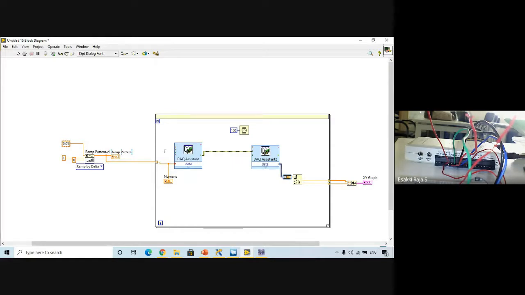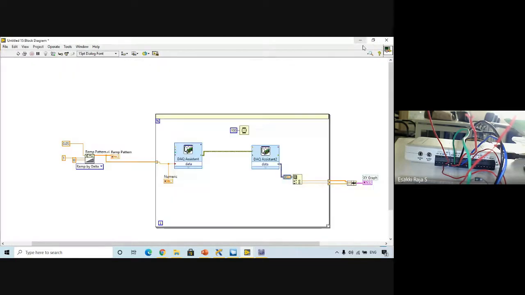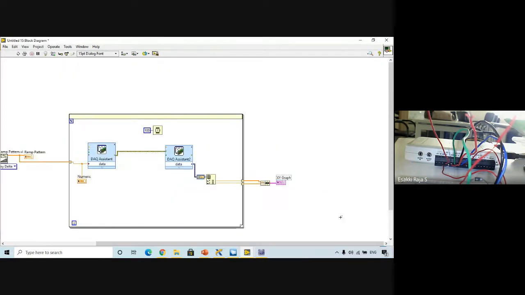We can generate that value, and use one more DAQ assistant to measure input voltage and output voltage. We can directly plot a graph like this. Even if you want to save this graph as an image, that is possible. After plotting, students have to prepare a report, and for that they again manually draw this. Think that you don't want to draw it manually.